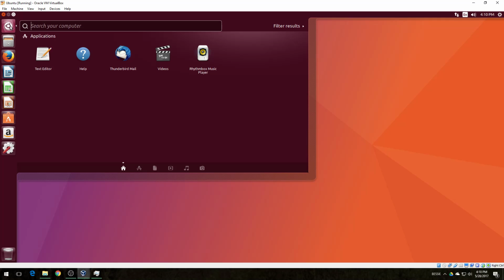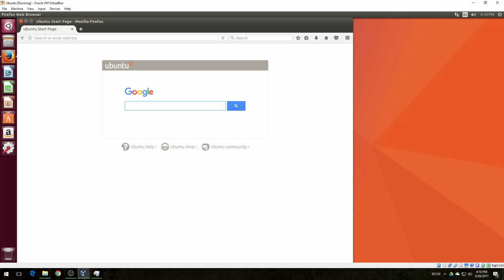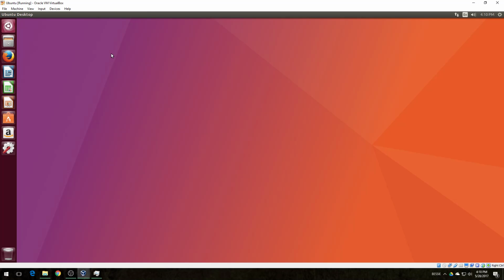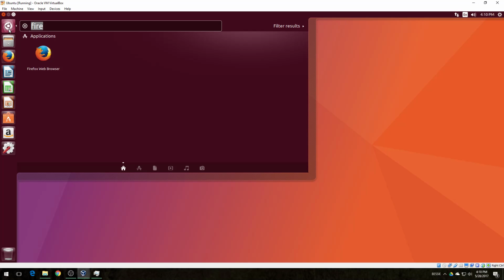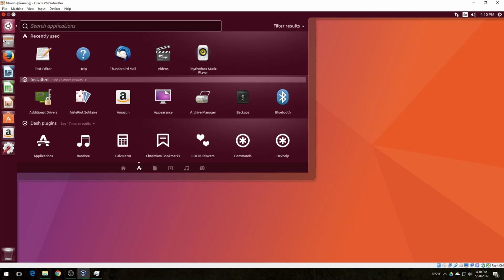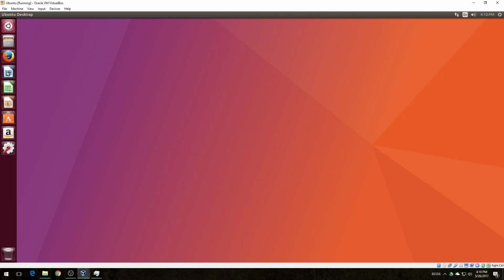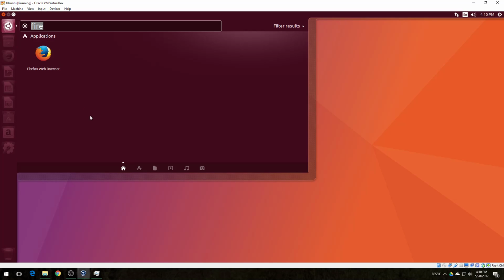Typically, the way you would interact with this is you would type in the application you want to look up. So, like if I want to do Firefox web browser, I would just look up Firefox, and it would launch Firefox for me. This way, you're not going back and forth with the mouse. And you can actually click that, and there's some things here, and this hotbar over here, you can put your most used programs. This is the default right here. These ones that are on here right now.